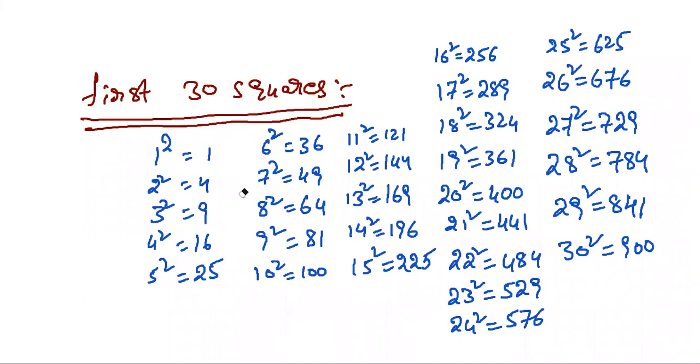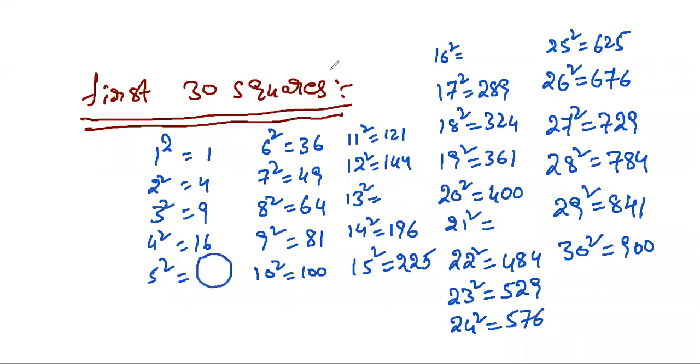If you don't know these square numbers, for example, someone knows up to 15 square but doesn't know what 16 square is, or someone knows up to 4 square but doesn't know how much 5 square is. Don't multiply 5 into 5. This is just an example. Don't think you don't know the square number. Obviously you know 5 square, but we will use these things effectively. For example, we don't know 13 square. Someone knows up to 20 square but doesn't know how much 21 square is. But here I'll give you a simple trick.